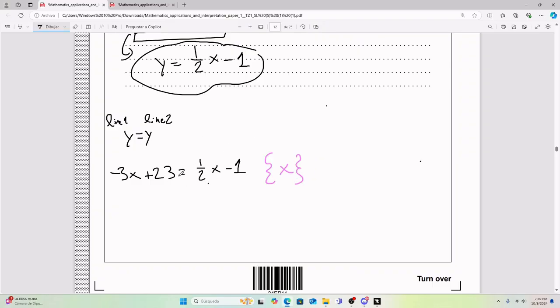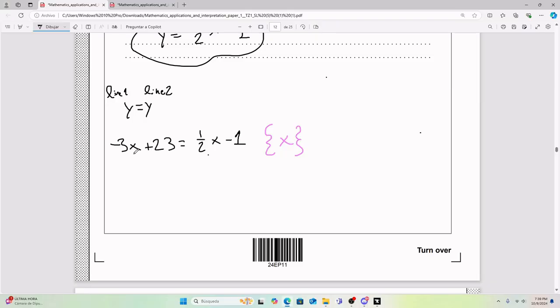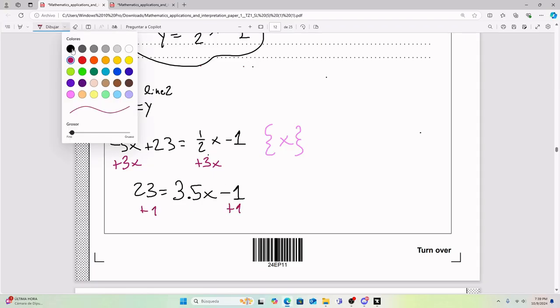So from here, you gotta get x, ¿cierto? So throw everything to one side, then everything to the other side, and see what happens. So in this context, I'm gonna choose to have all my x's on the right side. So that means I gotta do, for example, plus 3x to both sides. So that means I end up with 23 equals 3x plus 1/2 x, which is going to give me 3.5x minus 1. And from here you want to get x alone, so you go ahead and do plus 1 to both sides. That means you end up with